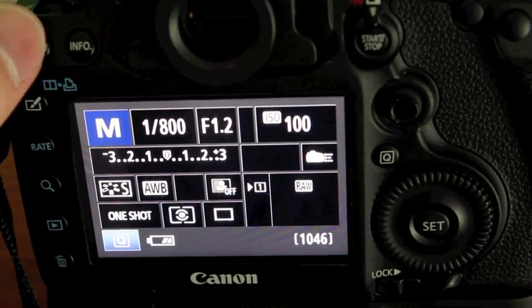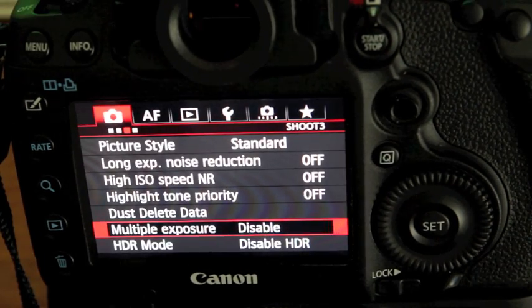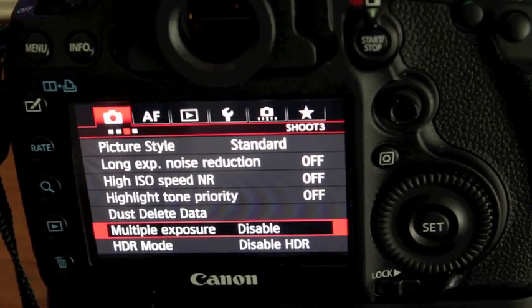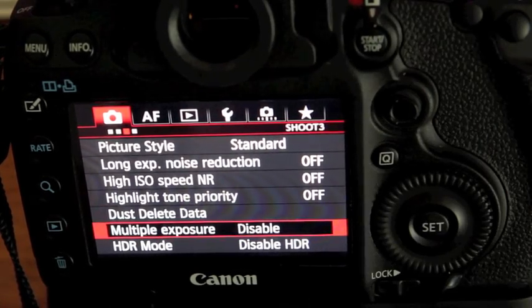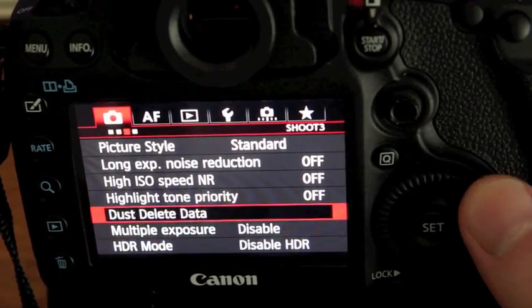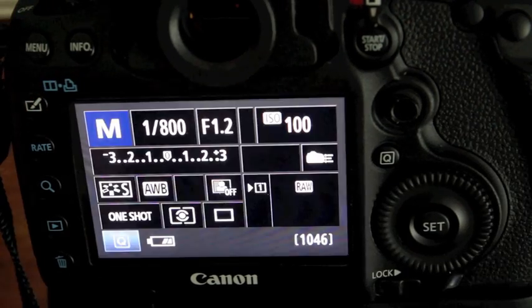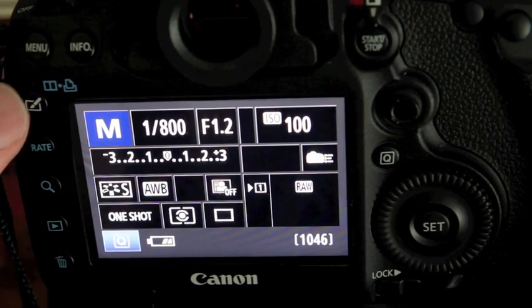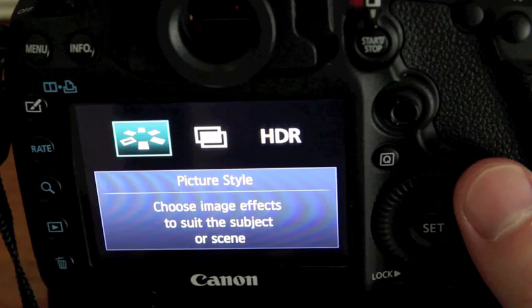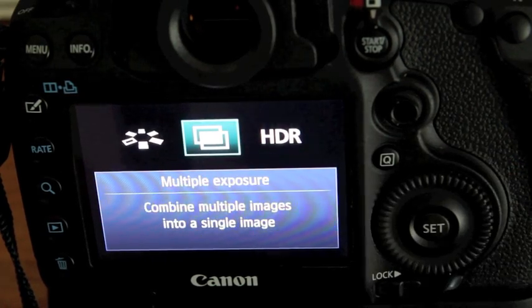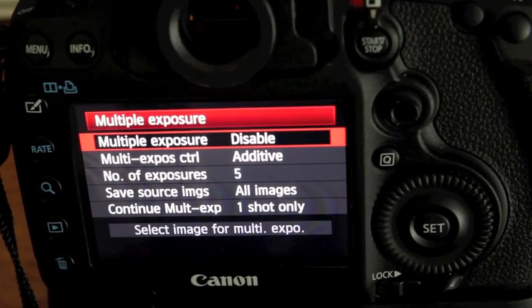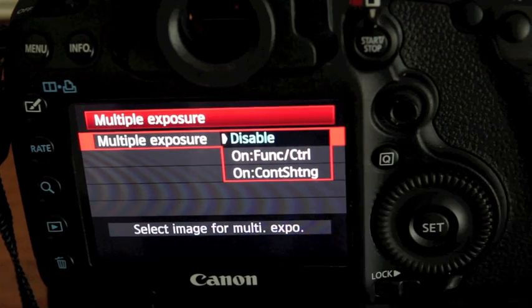So the easiest way to get there is either through the menu, and it's going to be on the third file inside the red, under multiple exposure right there. Or the quickest way is if you hit this button right here. It brings up picture style, the same way to get to HDR, and if you go to multiple exposures and select it, this is the menu. And so the first one,